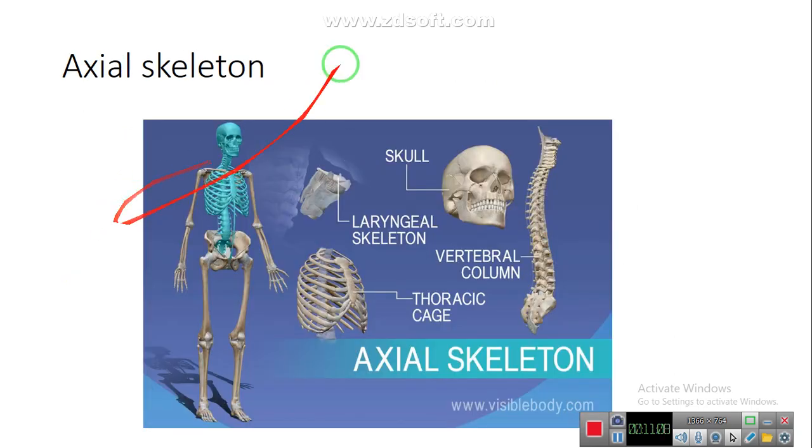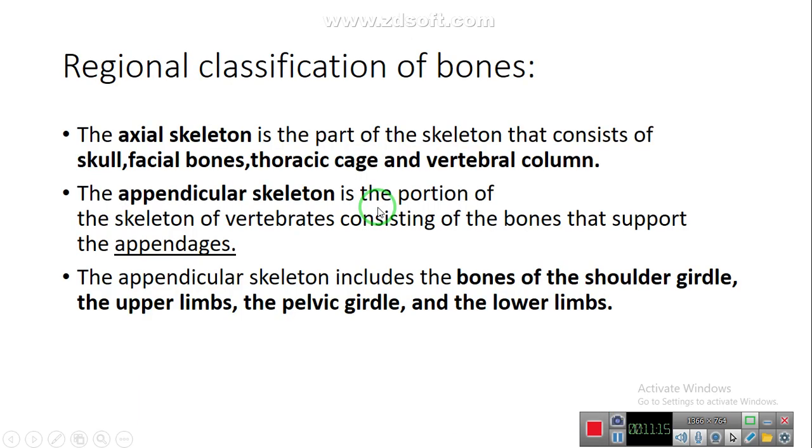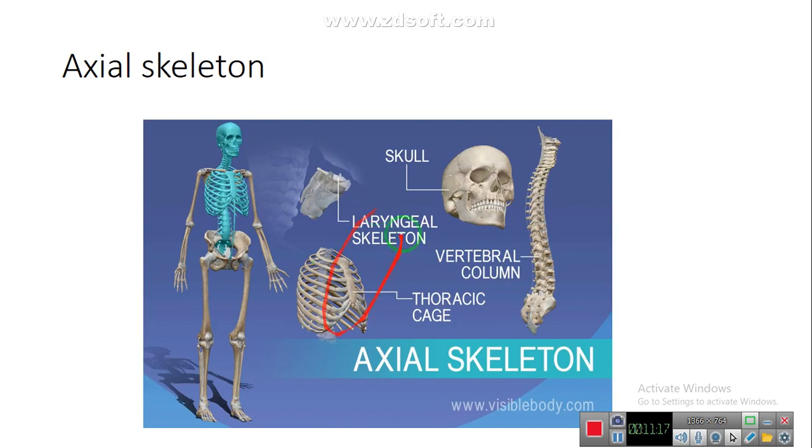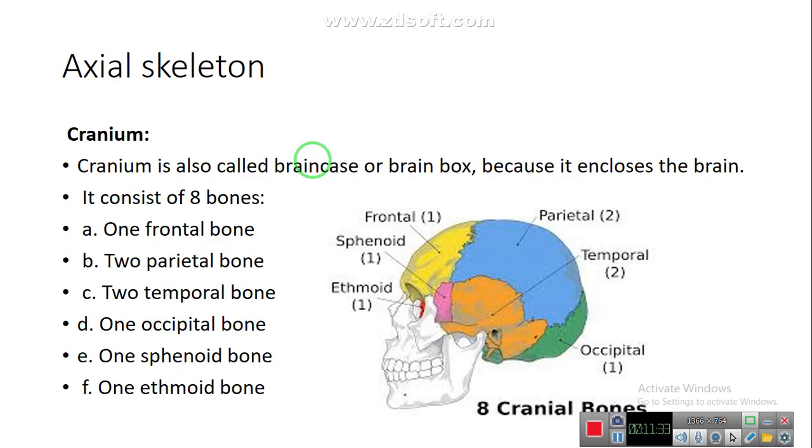So this is the axial skeleton, which consists of the skull bones, laryngeal skeleton, the thoracic cage and the vertebral column. Here you can see the skull, vertebral column, thoracic cage, and the laryngeal skeleton. Now I'm going to discuss the axial skeleton in detail. The axial skeleton